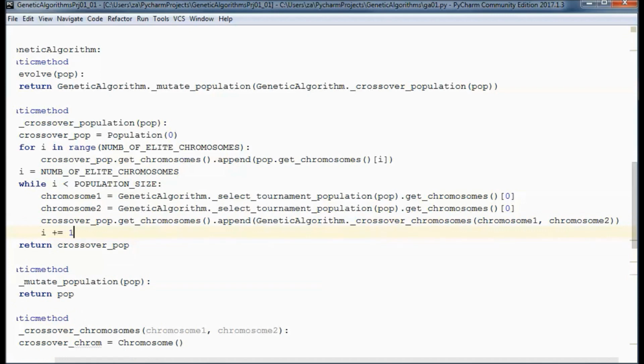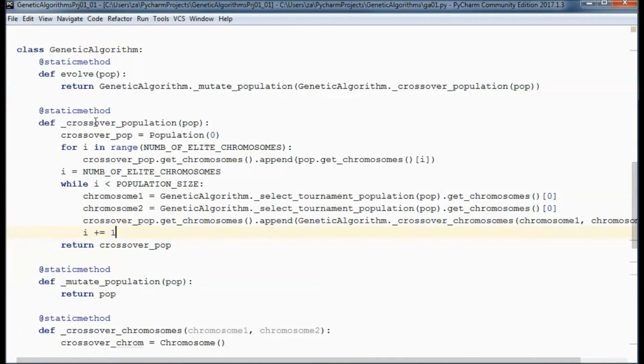And let's increase the counter. So this should do it for this crossover population method.